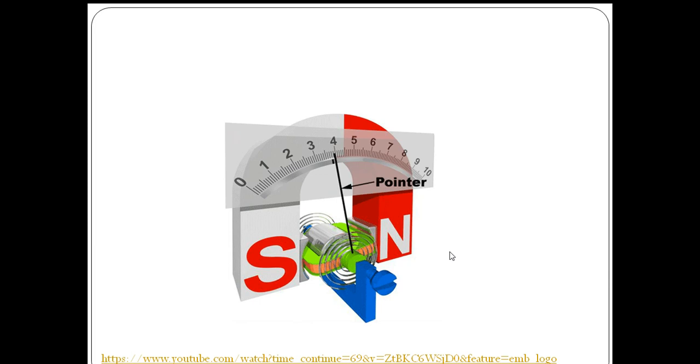Okay, so this is how the PMMC meter has different parts. Now we will see in detail the construction and working principle.